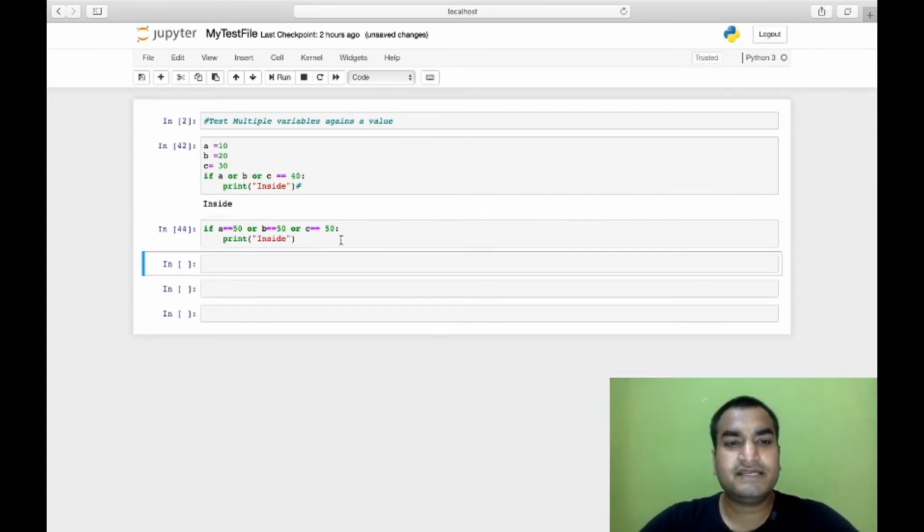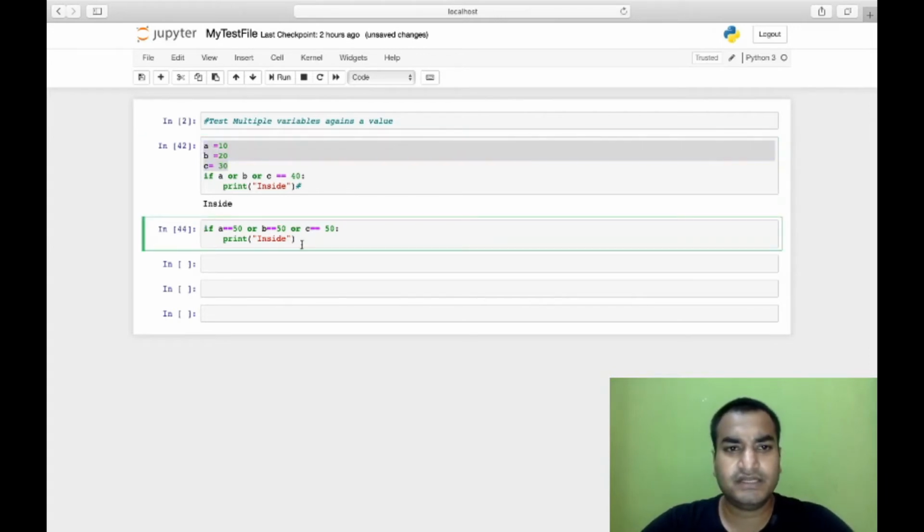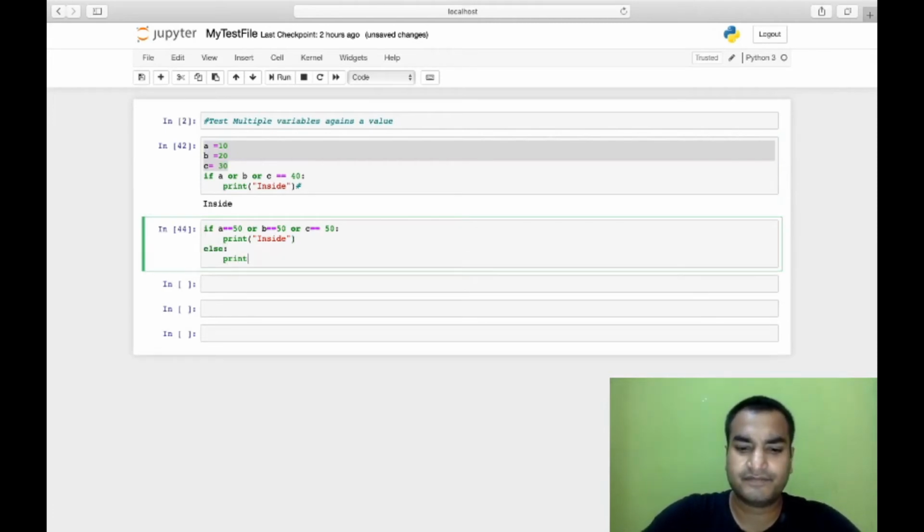Here we see that none of the variables a, b, c is 50, so I am getting false. It prints the true value, and in the else condition we can print success.